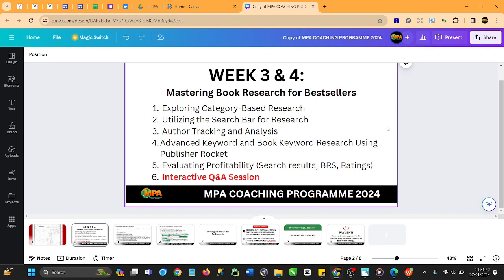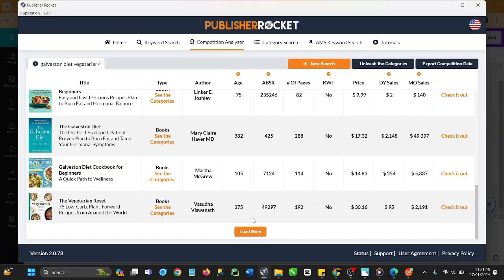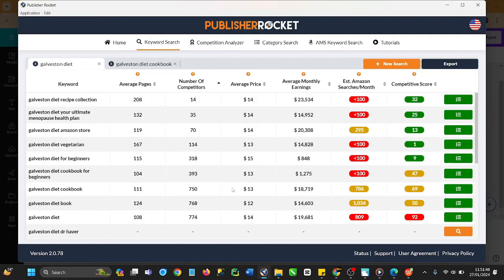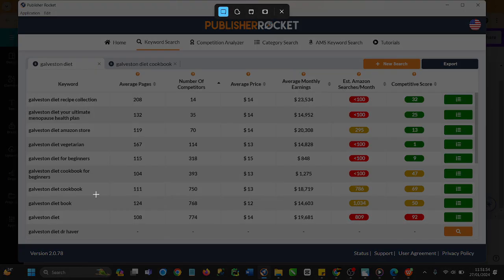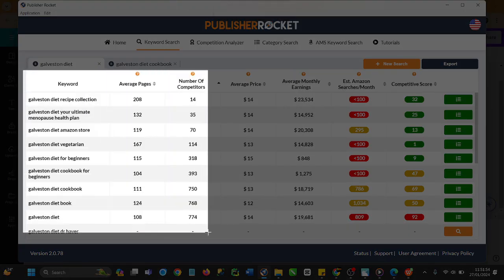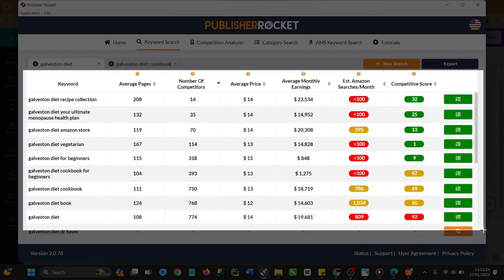So immediately I drop it, anytime I want to do that, I normally, let me take a screenshot of this keyword that I just searched for, because I'll be dropping this in the group for you guys. So here's the keyword. I will just take a screenshot like this, and then